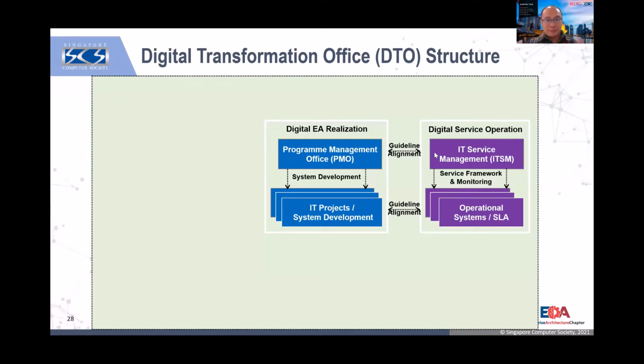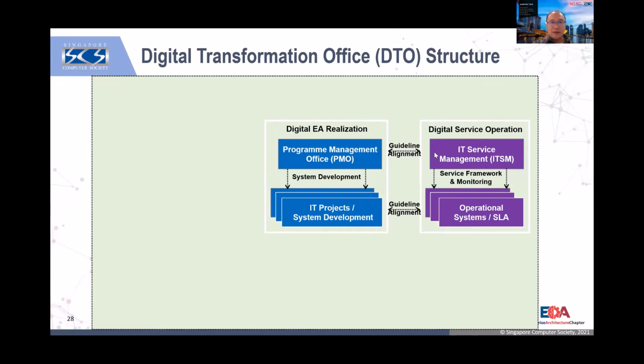Just now we talked about the enterprise architecture office and the PMO. Now we talk about the digital transformation office. This is the pivot model on how a digital transformation office should be set up. But today many digital transformation offices are either a renaming of the PMO, which in the past was called program management office and is now called digital transformation office, or a new team set up to start visualizing, creating a vision of where the enterprise should go in the next 5 years or 3 years. But they need to be connected with the architecture, because just now you saw the Gartner description that enterprise architecture is the gateway for digital transformation.